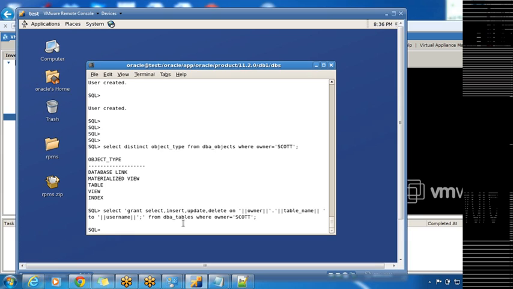Okay. But there is the username here. But how will I get the username here? So what I have to do here, instead of specifying like that,